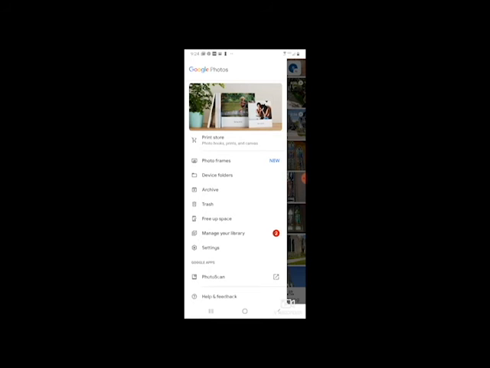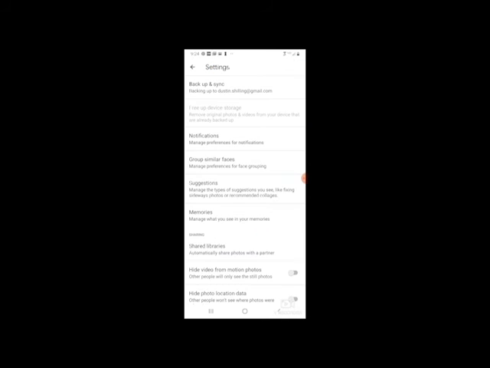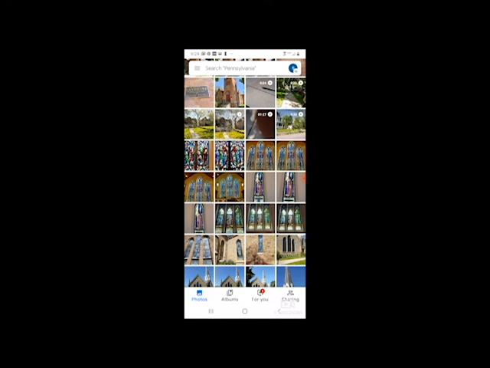But the other nice thing about using Google Photos is that it can free up space on your phone hard drive. So if you have limited storage and you're running out of storage, you can choose the option here that says free up space. When you choose free up space, what it'll do is it will make sure all those photos are uploaded to the cloud first, and it will remove them, or at least the high resolution photos, from your camera